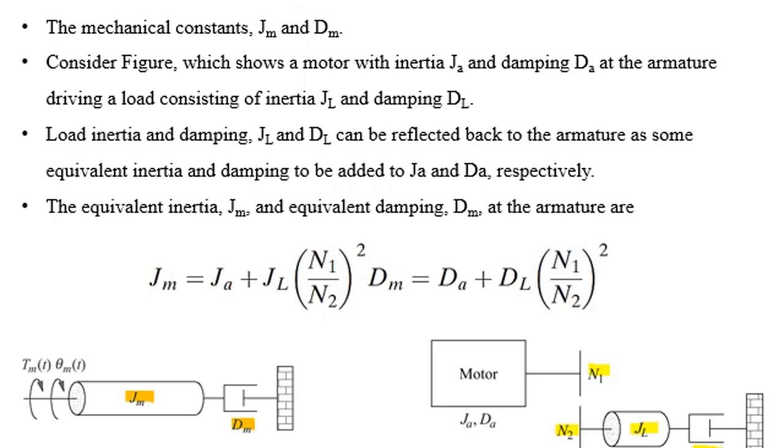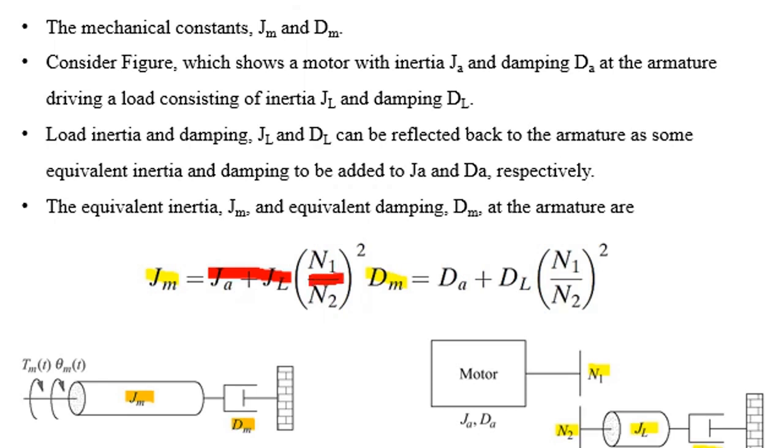Now to find the equivalent inertia at the armature or the equivalent viscous damping at the armature, we will reflect both the load inertia and the viscous damping of the load to the armature side. For this reflection, we will use the gear ratio squared. So the equivalent mechanical load experienced by the DC motor will consist of equivalent inertia Jm and equivalent viscous damping constant Dm,